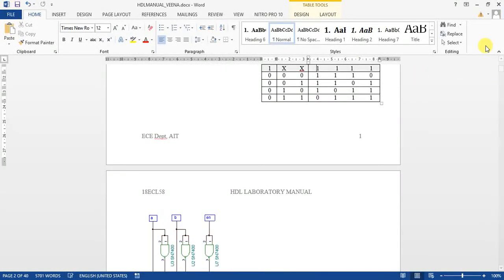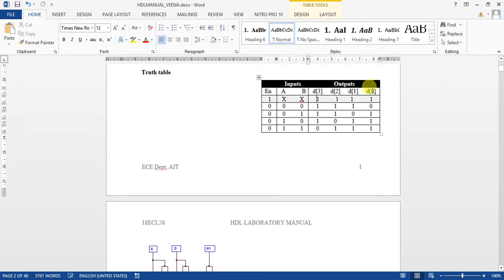If enable is 1, irrespective of A and B, whatever value you give, either 0 0 or 0 1, 1 0, 1 1, X means don't care, either 0 or 1. Always if enable is 1, output should get 1 1 1 1.